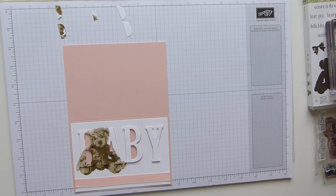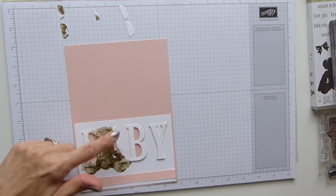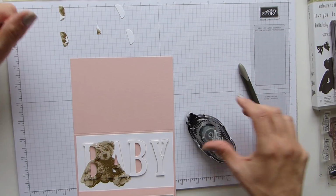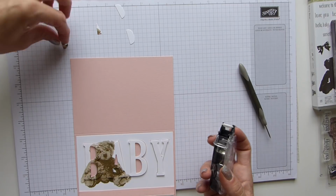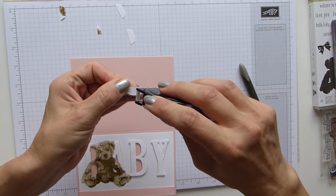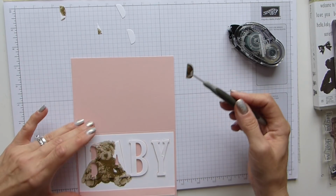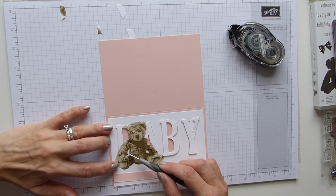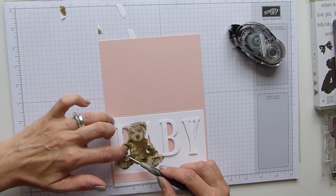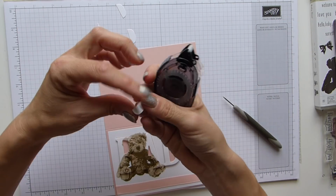next up is, I can see that slipping again. Next up is putting the middle bits back in. So if you recall, we have our two B's, the A and the two B's, and you simply get some snail. This is how I do it anyway, and I just give it a flick so that you get some snail on. Get your paper piercer and you just pop it into the gap and just press it down. And then you just do the same with all of the other